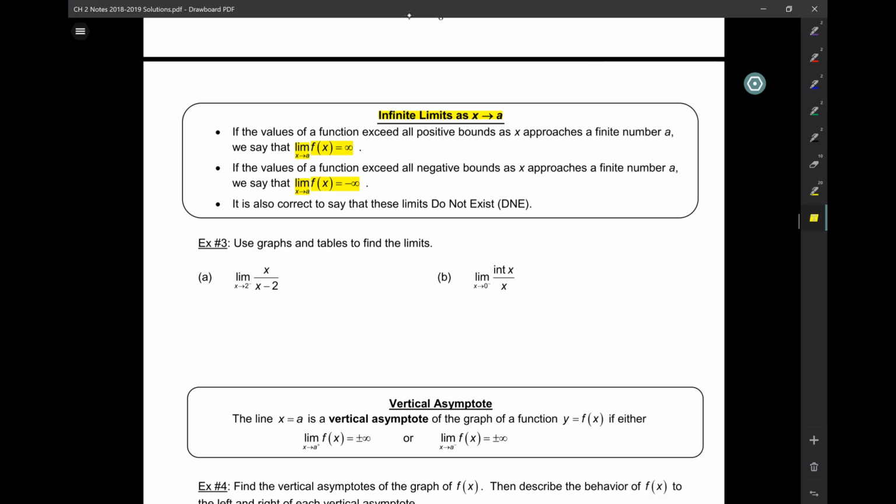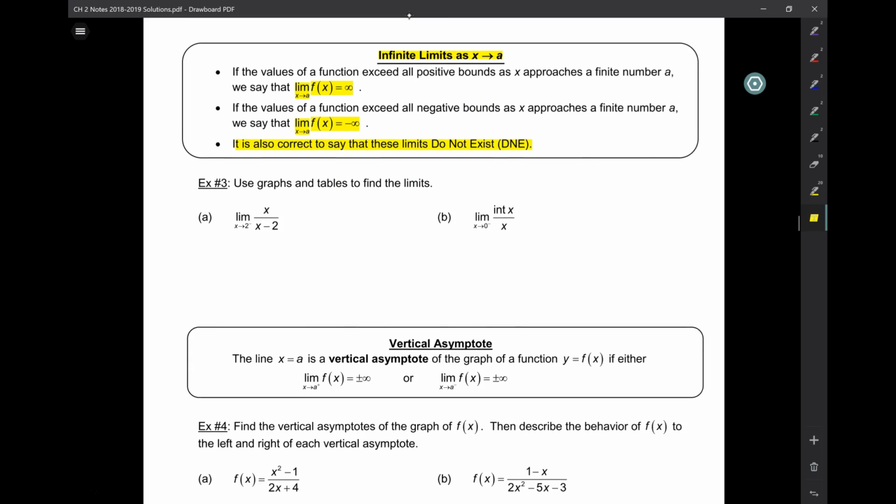Now, it's also correct to say that these limits do not exist. But, as we said yesterday, you have to differentiate between does not exist, meaning it goes to infinity, or does not exist, they go to different values. So let's see how that works here. So use graphs and tables to find the limits here. Okay, so in this case,